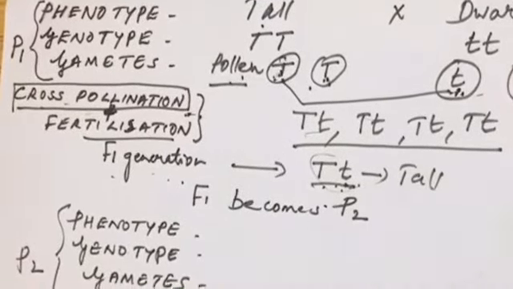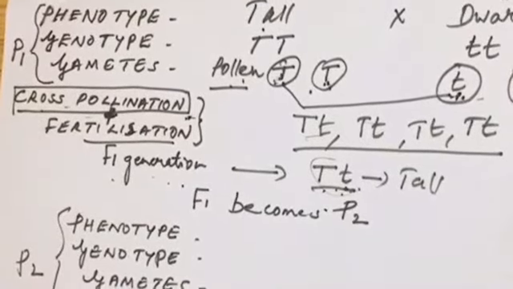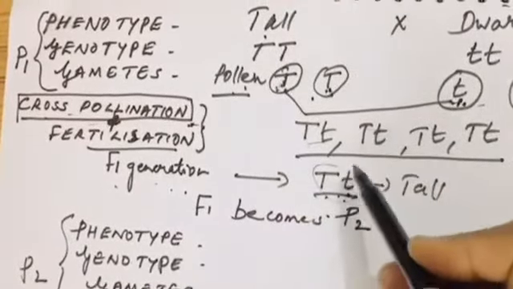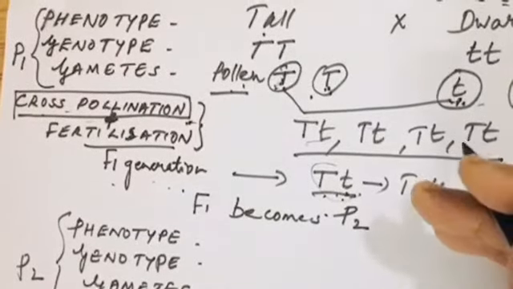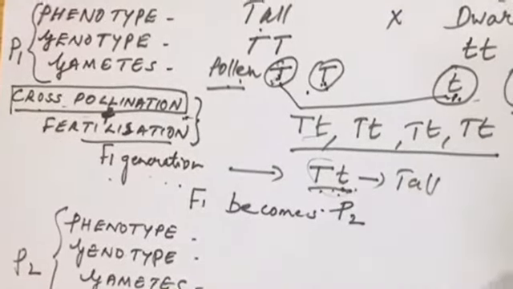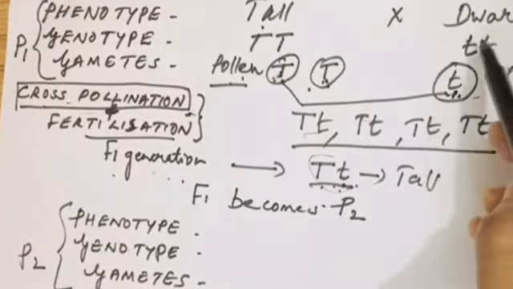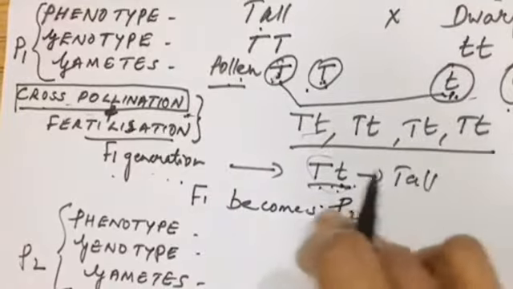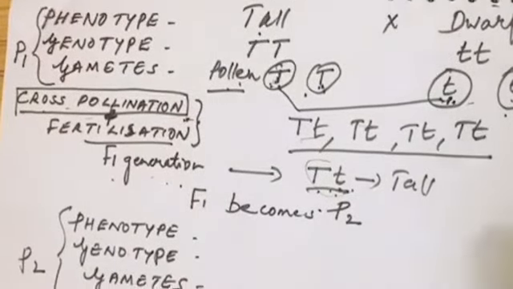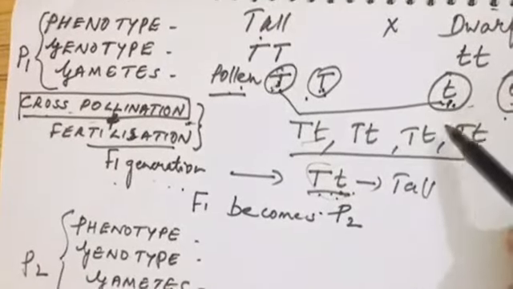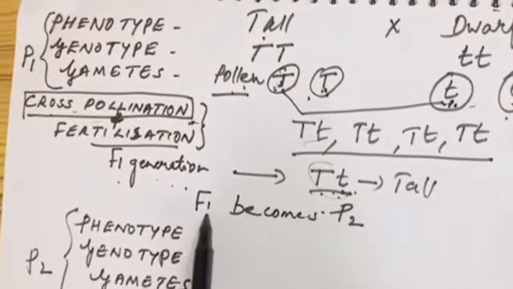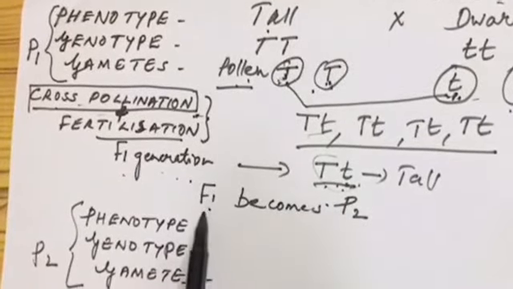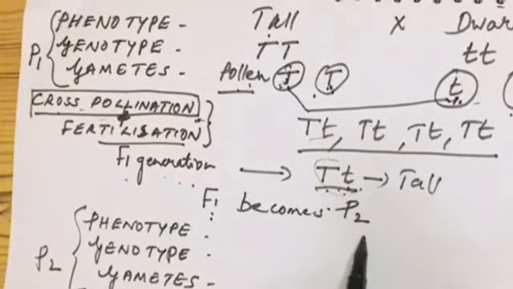So he was surprised to see the result, because at that time people believed both the maternal character and the paternal character would be expressed in the young ones, or a mixture of the characters. The other characteristic, that is the dwarfness, was not expressed in the F1 generation. But he was sure that the trait cannot be lost. Now he is trying to make the F2 generation by making the F1 generation the parental generation.